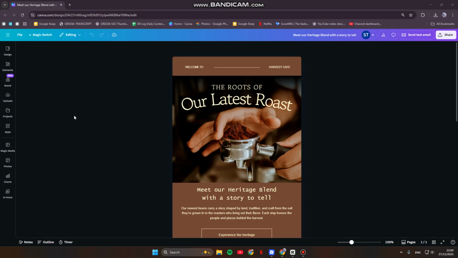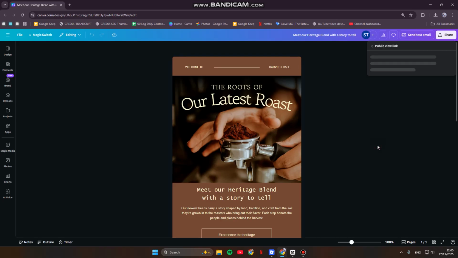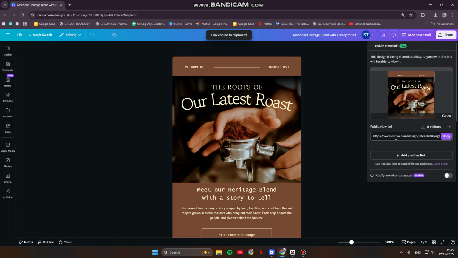So what you need to do here, on your design, you can just click on the share button and there will be this option, public view link. Click on that and click on create public view link. Okay, so as you can see, it will automatically create one public view link, but you can also use